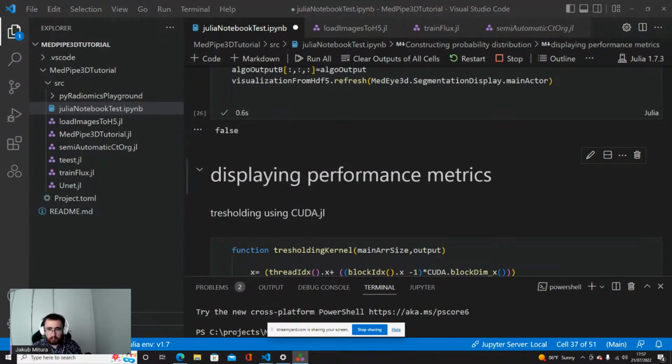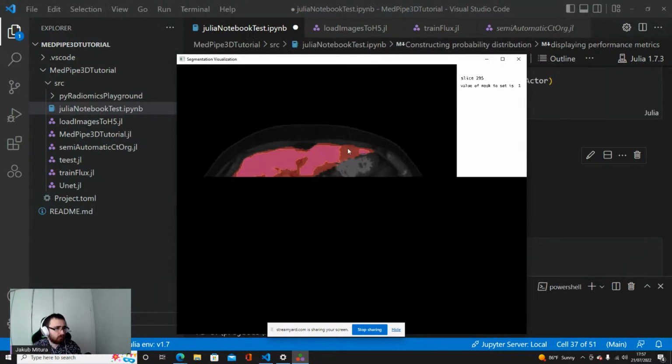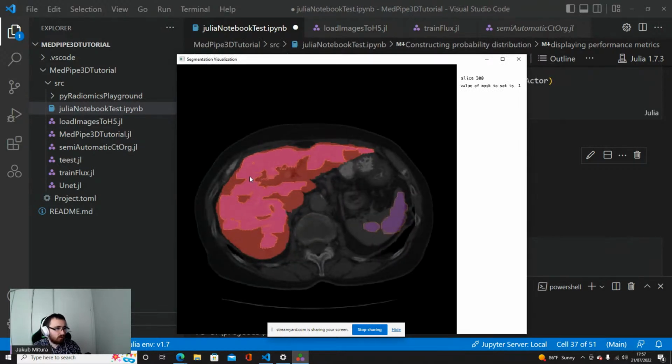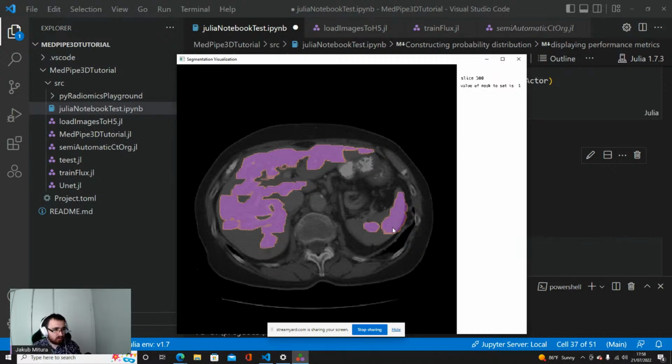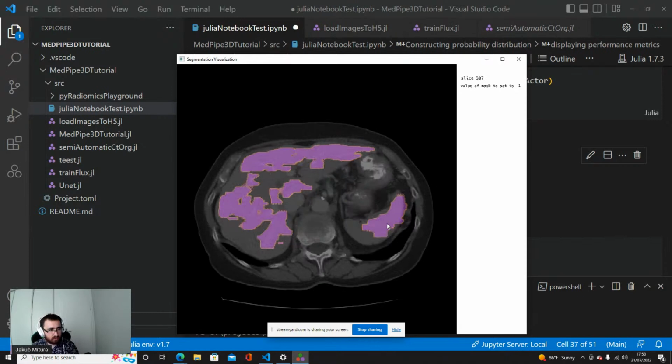When we execute this, it takes 0.6 seconds. This is the magic of the parallel stencil, a very well optimized library. You see that our algorithm already enlarges the liver parts. In the case of the spleen also, because there were a lot of voxels that decided so.